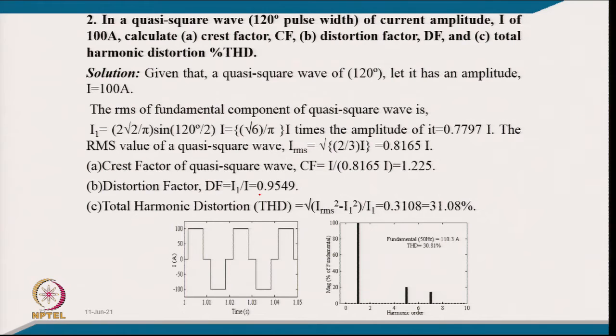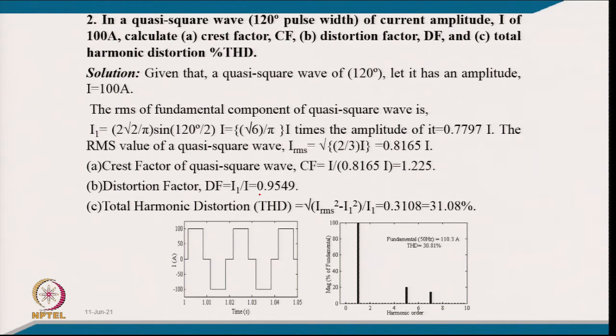So, such a waveform you will be dealing with many times, in this power quality course or even in other courses of electrical engineering. So, this becomes very important, and the total harmonic distortion in this waveform is the square root of IRMS square minus I1 fundamental current square, divided by I1 fundamental current, and this becomes 0.3108 per unit, and if you multiply by 100 it becomes 31.08%. So, this is the total harmonic distortion of